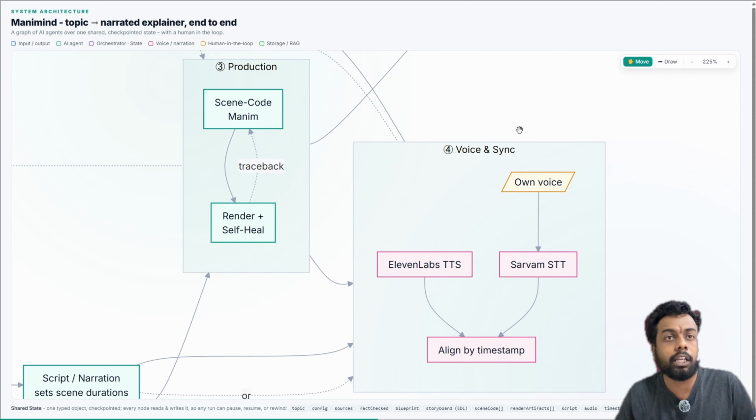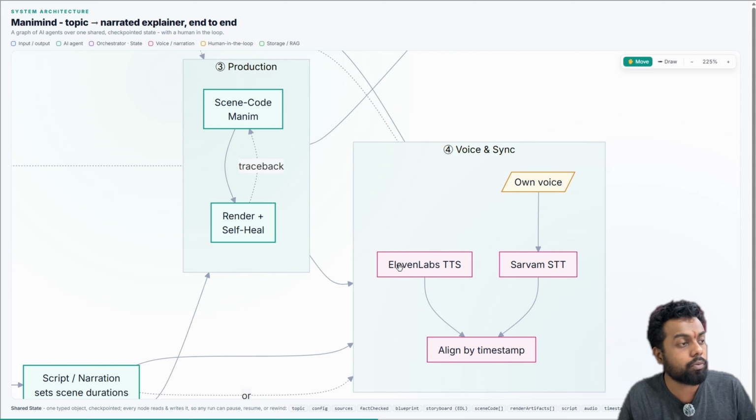Then you can see this is the voice or sync. You have two options here. Either you can use 11 Labs APIs or any other website's APIs, which will give you the robotic audio over your videos. You don't need to do it manually on your own. Or else you can use your own voice and it will get converted to text. That is called a speech to text model. You can use Sarvam because I like Sarvam. You can use any model. OpenAI's Whisper is, I guess, free. Yeah, that is free. So you can use that and align it. Like Sarvam has a feature where each word comes to you with the exact timestamp, and you can use it to align. We'll do this together, don't worry.